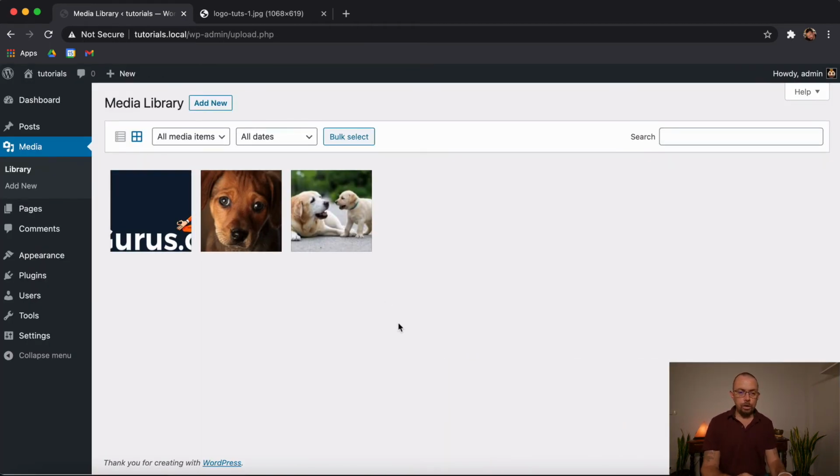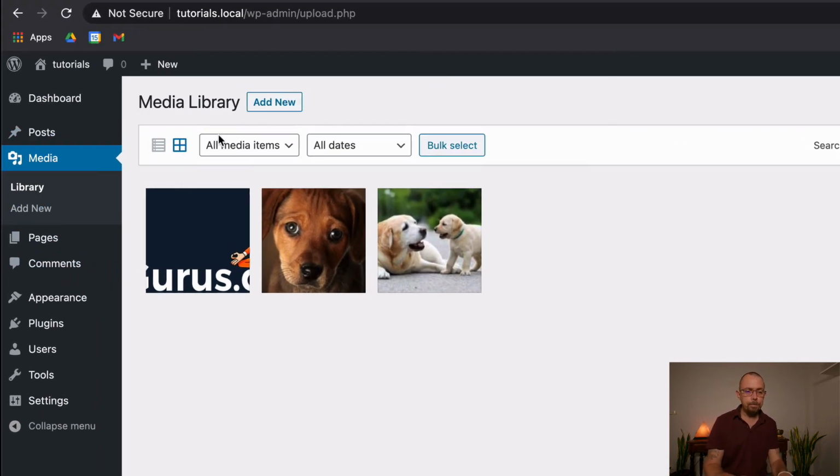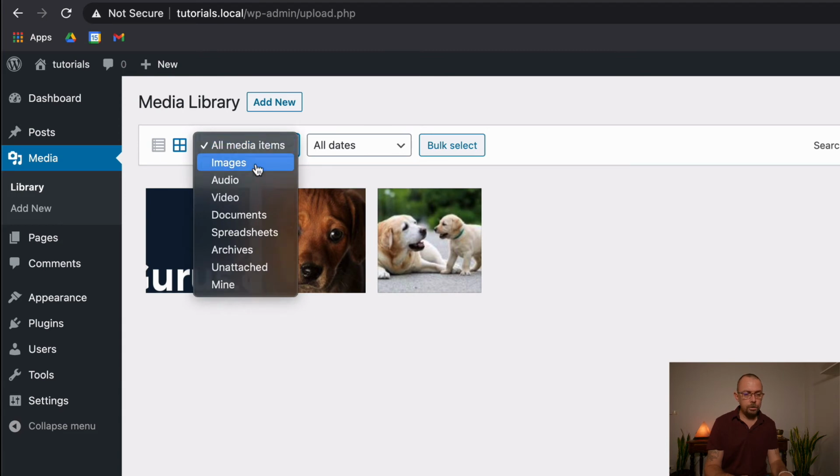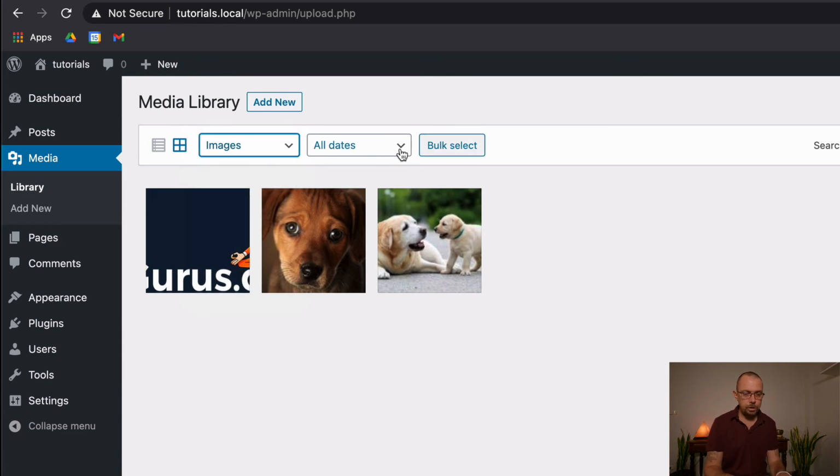Now, other things you can do which come in well handy. So let's say you upload images, and in this media file, it's going to get lots of images. You could have a big website with multiple images. Maybe you upload images twice. Sometimes you uploaded old images and you want to get rid of them. So the easiest way to do is come into your media library, choose all media. So we're going to choose, in this particular example, images.